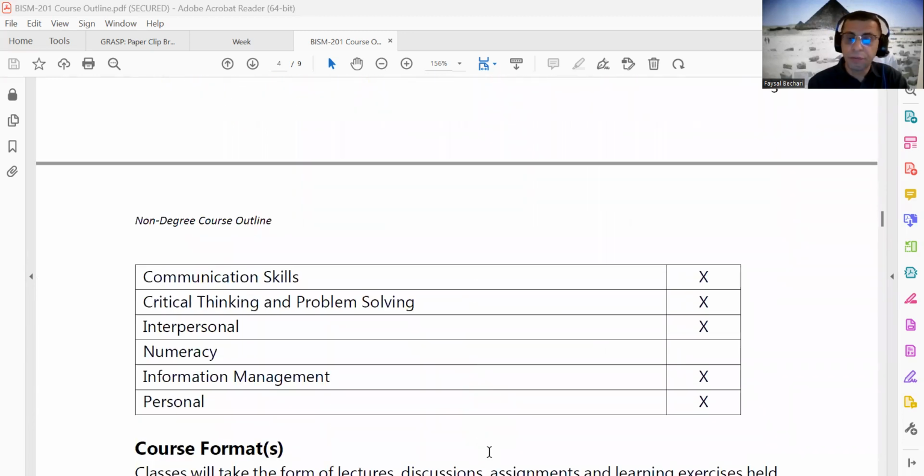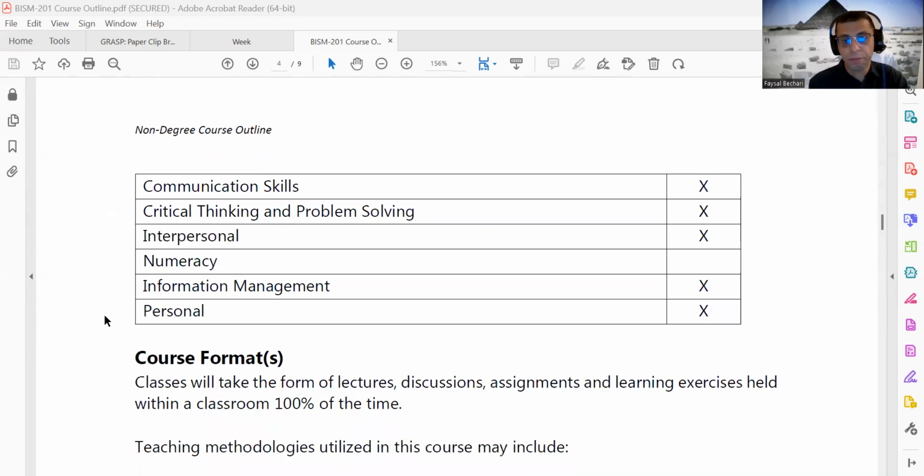Now, we will emphasize critical thinking, problem solving, communication skills, and interpersonal skills. We will also talk more about information technology management, information systems, BIS, MIS, and personal issues. The course format: the class will take the form of lectures, discussion, assignments, and learning exercises held within the classroom